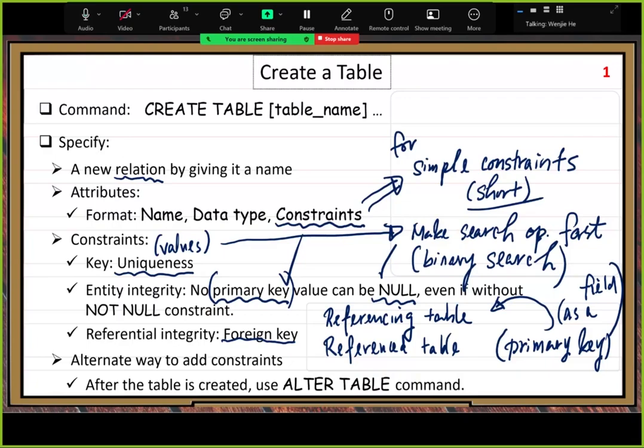So when you define tables, you do not need to include those relatively complicated constraints. Then after the table is created, you use this special command. It's called the alter table command. Then you can add constraints. You define constraints, you can write a lot of conditions. So in that place, you can define some very complicated constraints. Later, I will show you